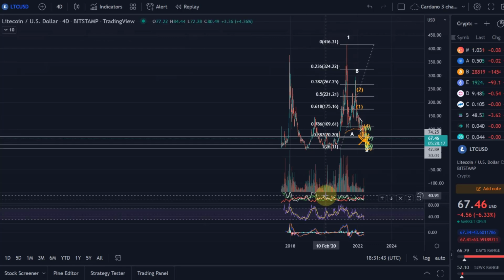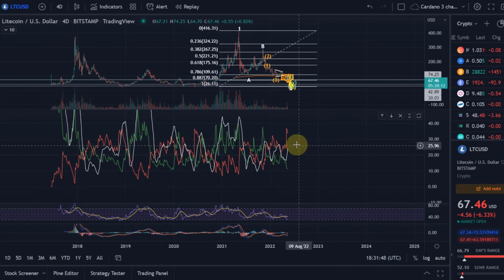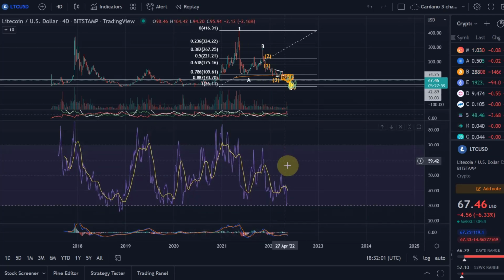A quick look here at the medium-term indicators, also why I don't think the overall correction is finished yet, because on the ADX and DI indicator here we still have that short signal. The white line indicates the strength of a trend which is going up, and the red line is very high, very far away from the green line, meaning we have a downtrend still very strong.